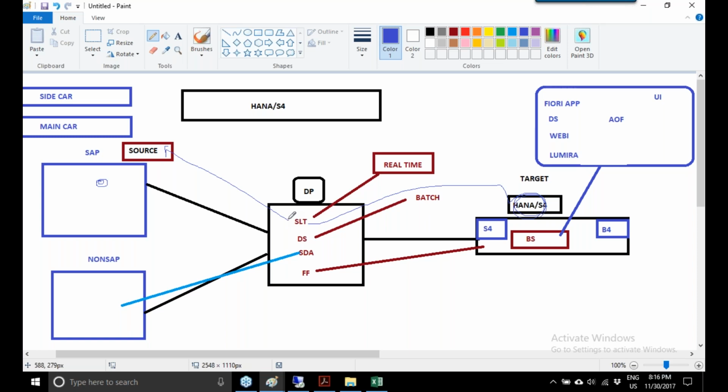So in today's session, I was trying to briefly explain what is HANA S4 HANA, how are the new landscapes, the sidecar scenario, mainline scenario. Also, we tried to show participants how they will be able to access my system, how they'll be able to access the materials, and what is the course content. And tomorrow I'm going to show you the migration part. So please attend at the same time. You can attend the same link.